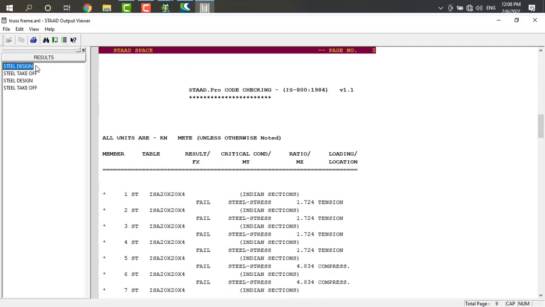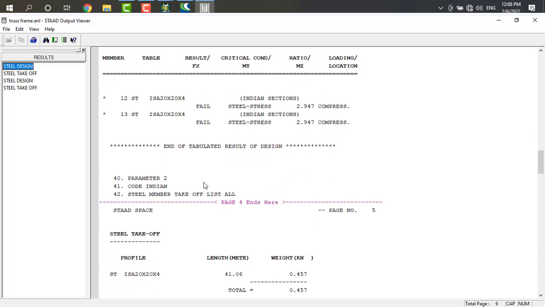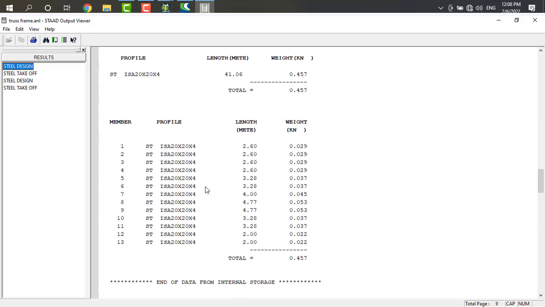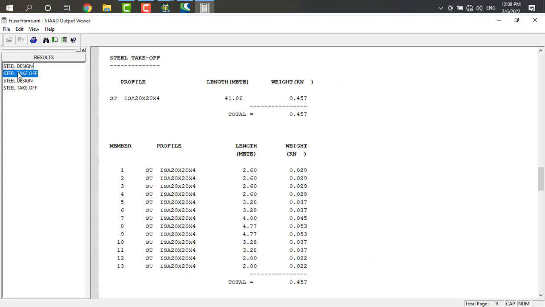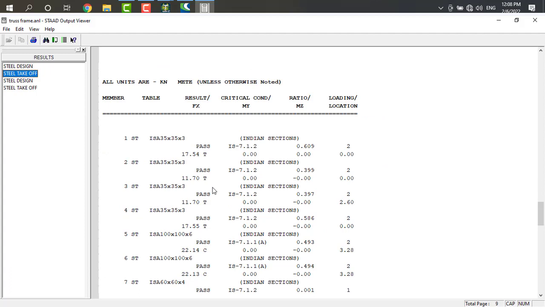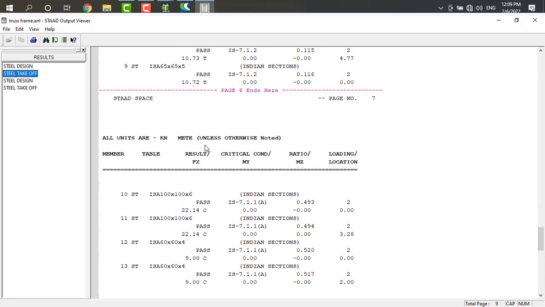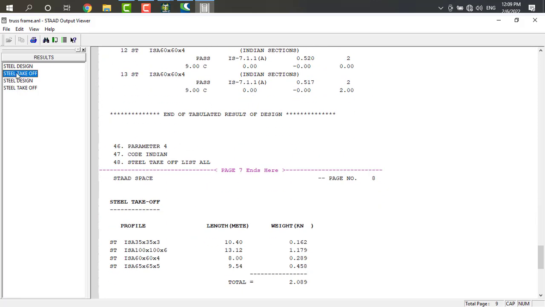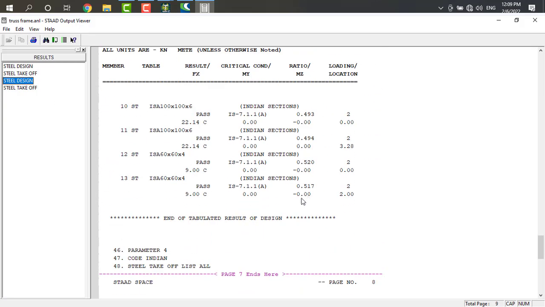If you observe here, steel design, all our results are taken here. Here you can observe all the tests pass, ST 35 by 35 by 3 passes here. Steel design will be passed. All are satisfied.